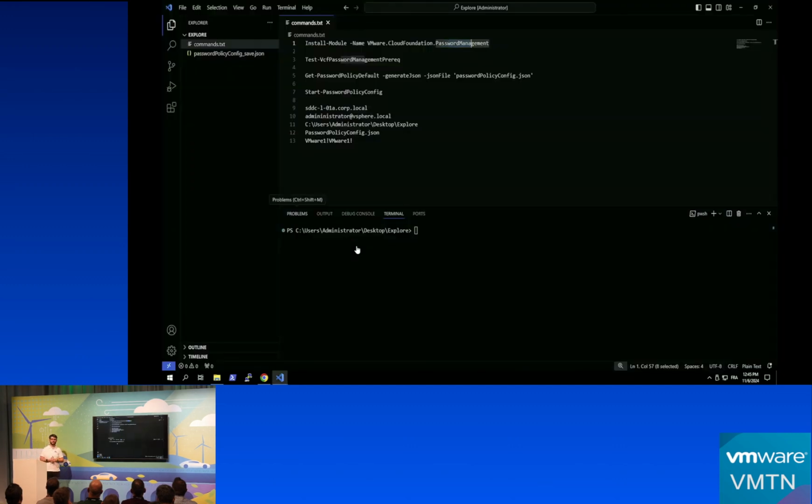What I wanted to show you is the PowerShell module to change the default password policy inside the VCF environment. I got a lot of requests from our customers that they want to use the SDDC password management functionality, but without the default password policy. For example, they want to have another lockout policy or more characters inside the password. So what you can do